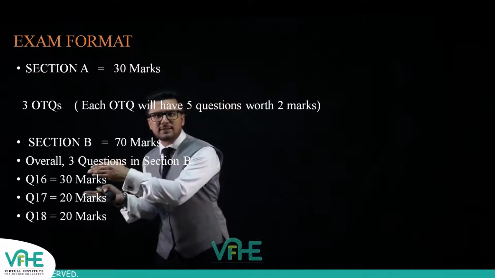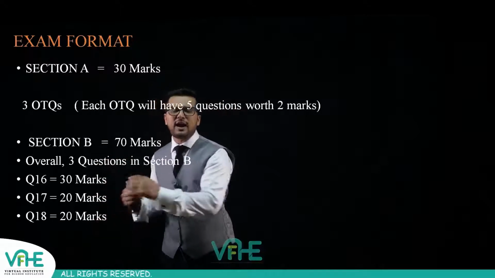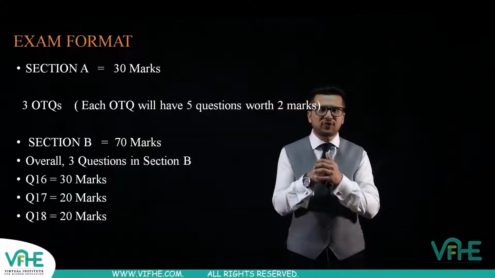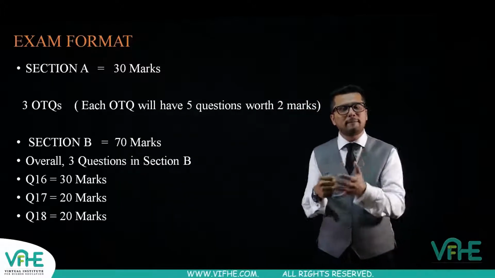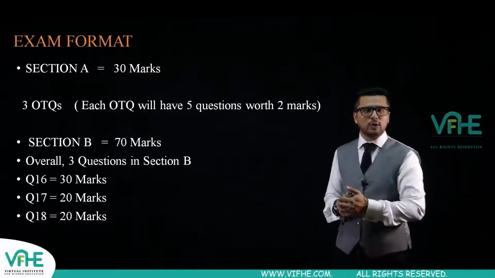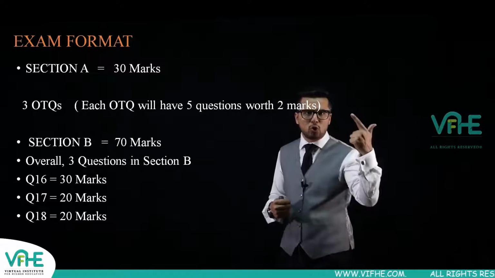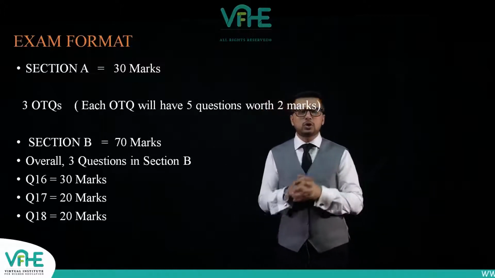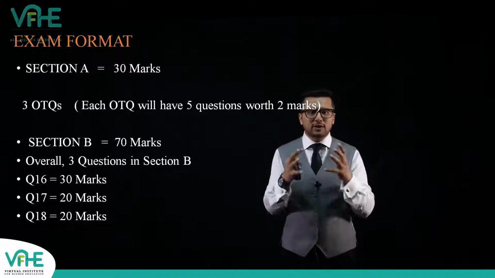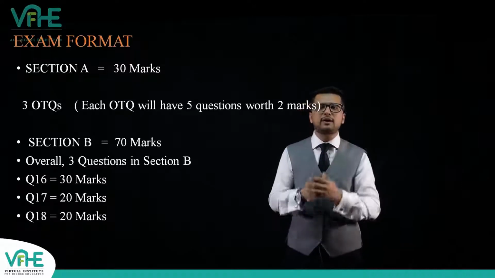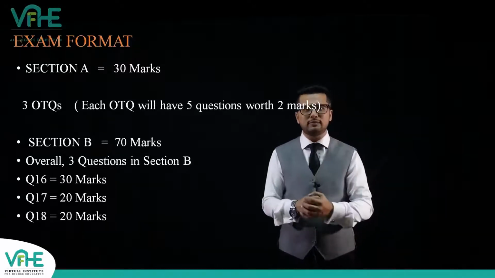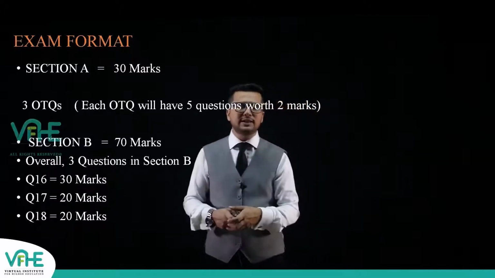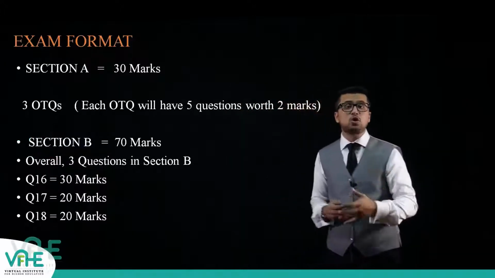That is question number 16, question number 17 and question number 18. Out of those 70 marks, almost 50 marks will be from the major topics which I told you earlier, that is the risk, controls and the procedures. So the bottom line is, we got to prepare ourselves for the major topics, but we got to prepare ourselves for the minor areas as well. So that's the exam format which we have to encounter in the December 21 attempt, that is on 6th December